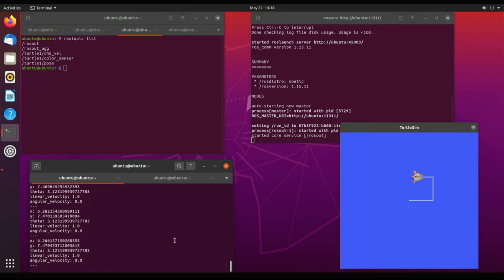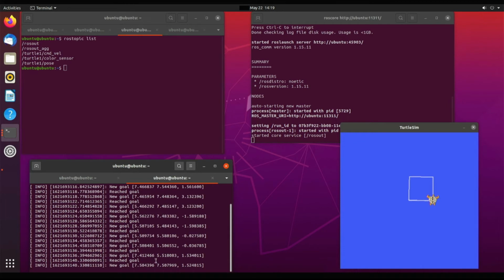As you can see, the position is changing according to the turtle position. Once you stop the node, the turtle will also stop moving.